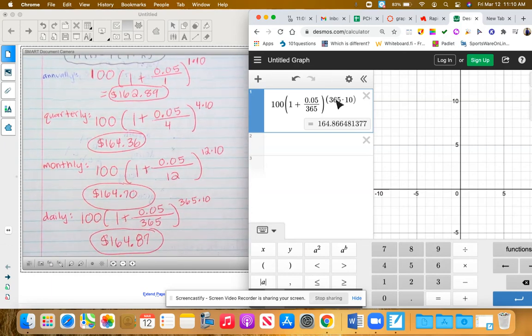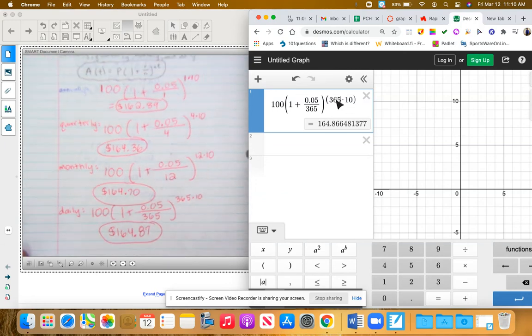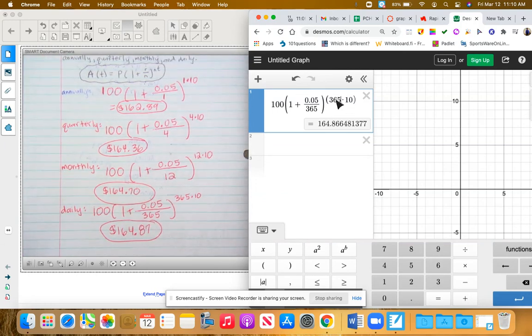So you know to use this formula, let me zoom out a little bit here, you know to use this formula if it says compounded. So the key word with this is the word compound. If you are